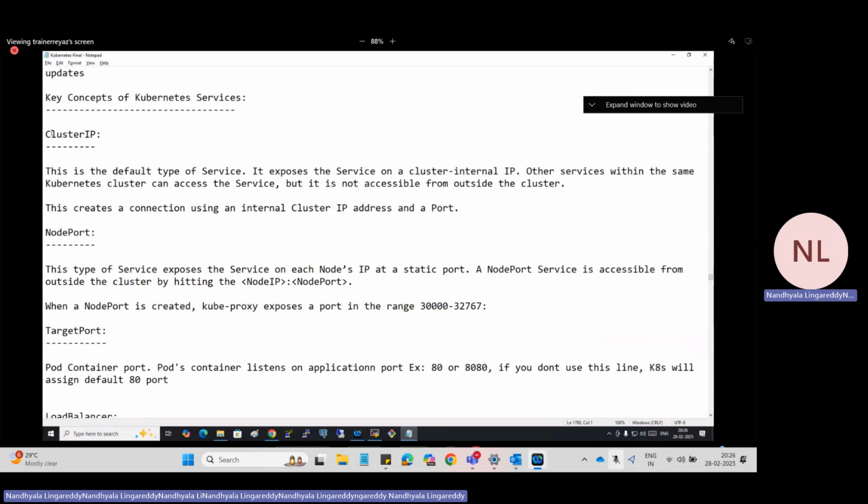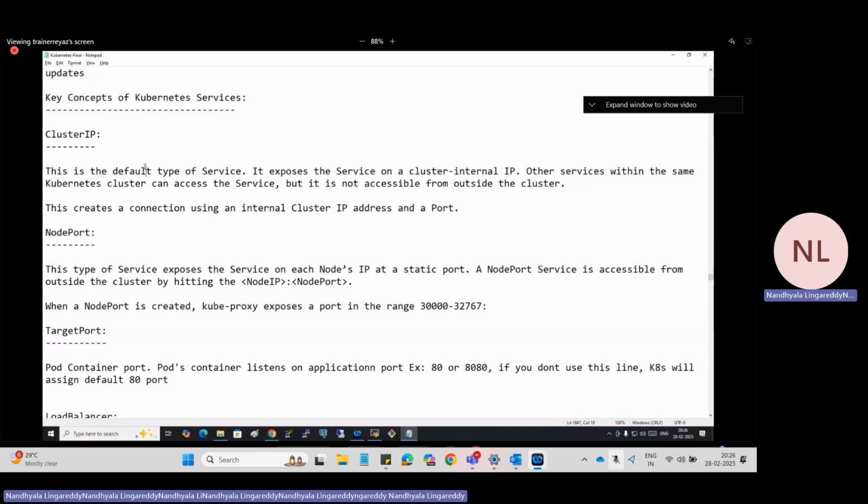First one is cluster IP. I told you, when do we use cluster IP? Internal purpose. So within the internal purpose, you use it. The whole concept is that we need to expose our application to the internet.